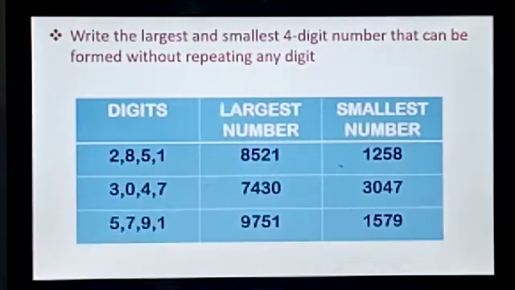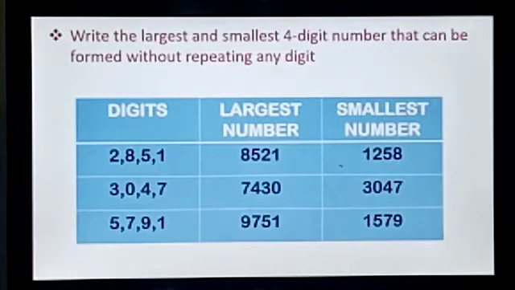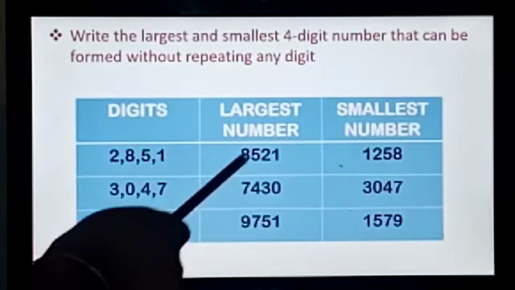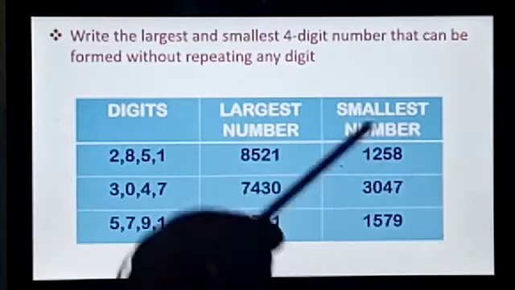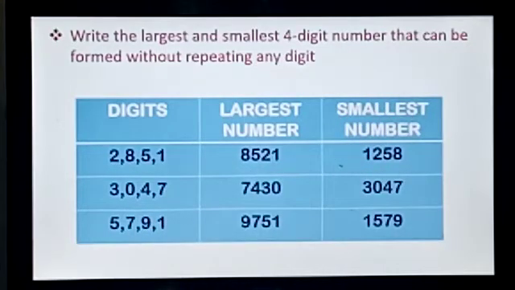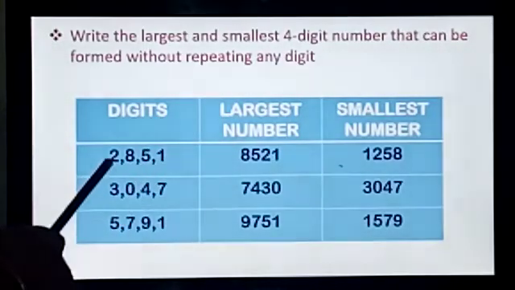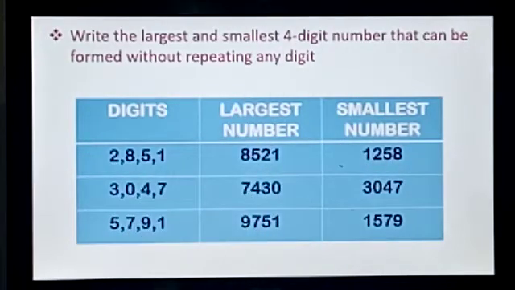So, largest number, what did I say? To form a largest number, we should write the numbers in descending order. So, among these numbers, can you tell me which is the biggest number, children? Yes, it is 8. 8, then 5, then 2, then 1. So, 8, 5, 2, 1 will be your largest four-digit number. Coming to the smallest number, what did I say? How to form a smallest four-digit number, children? You have to write the digits in which order? In ascending order. So, among these numbers, 1 is the smallest, followed by 2, then 5, then 8. So, 1, 2, 5, 8 will be your smallest number.